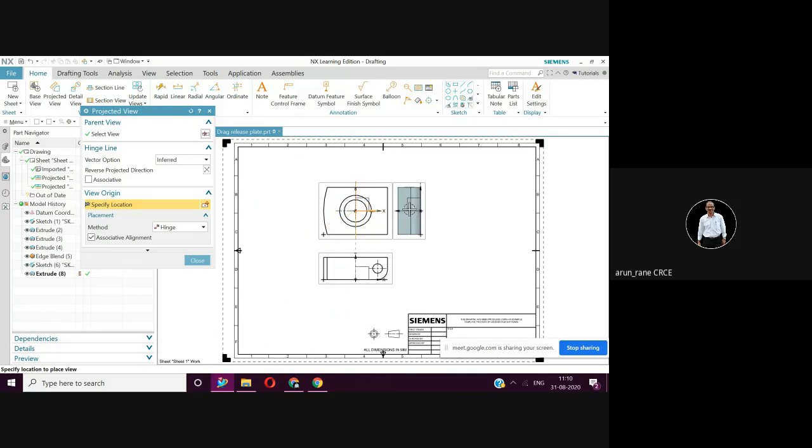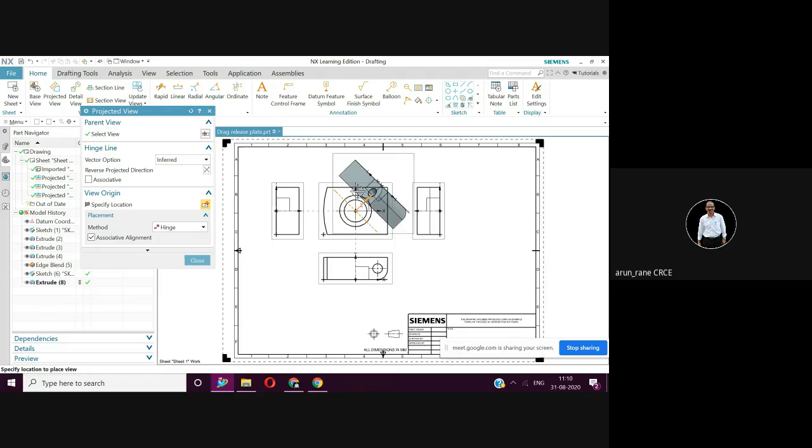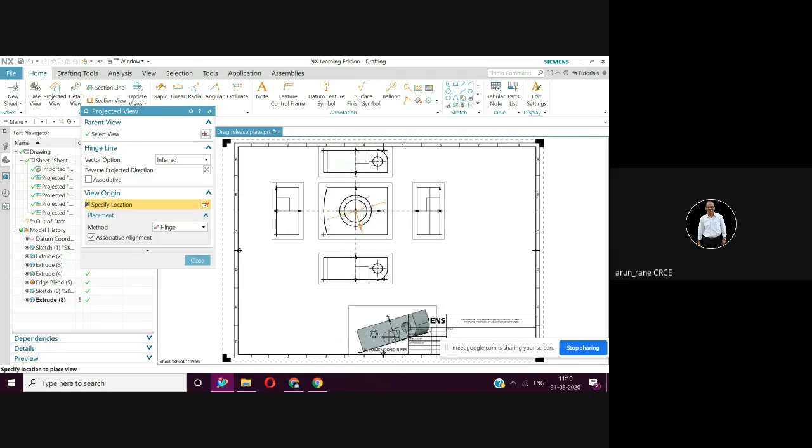Now when I place it here, this is third angle projection, because you can see the symbol. Place it here. So this is your right hand view, this is your left hand view, this was your bottom view, and this is your top view, like this.